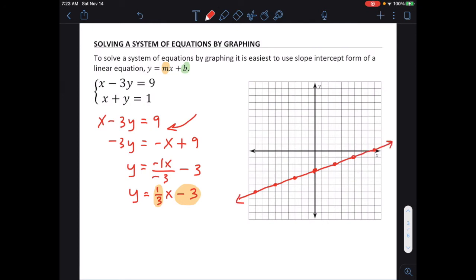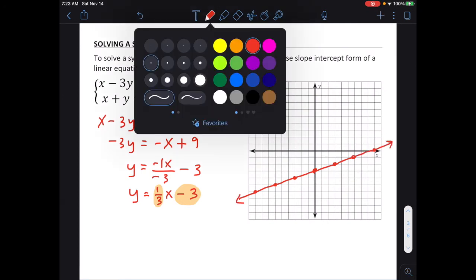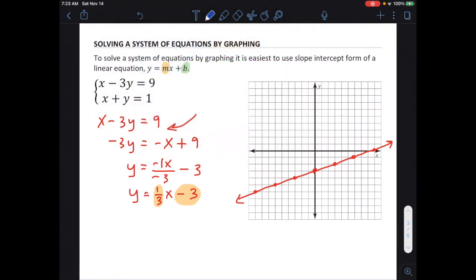Okay, so I just graphed the first line, and the second one, we have x plus y equals 1. This one's a little bit simpler, so all we have to do is subtract x from both sides, so we have y equals -x plus 1. And remember,